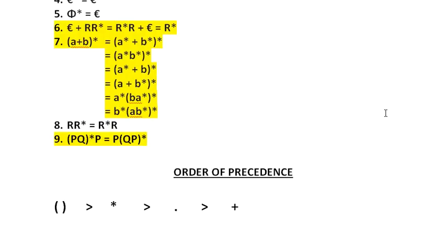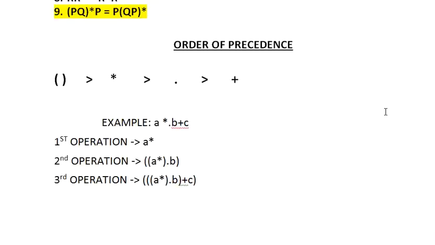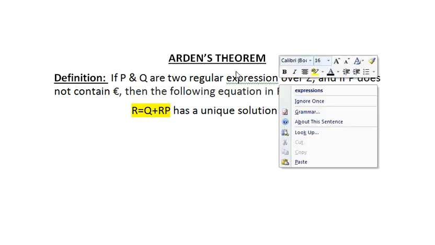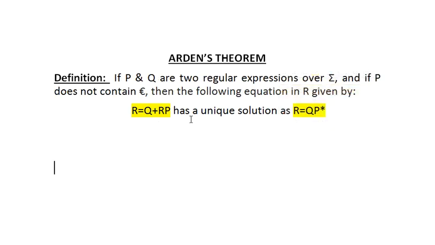And I will just explain the statement of the next topic, which is known as Arden's theorem, because in the next video I will explain how to solve Arden's theorem and a few more examples on it. So look into the Arden's theorem statement. Arden's theorem states that if P and Q are two regular expressions over any input alphabet, and if P does not contain epsilon, then the following equation in R is given by,